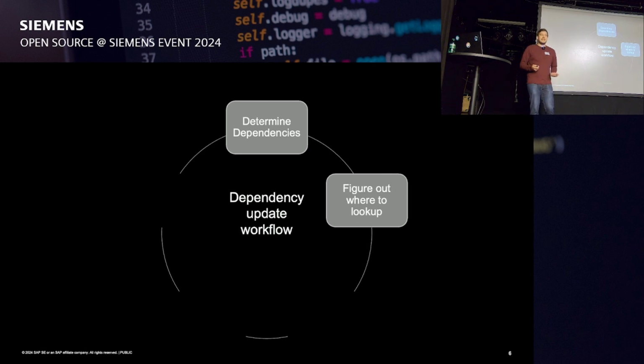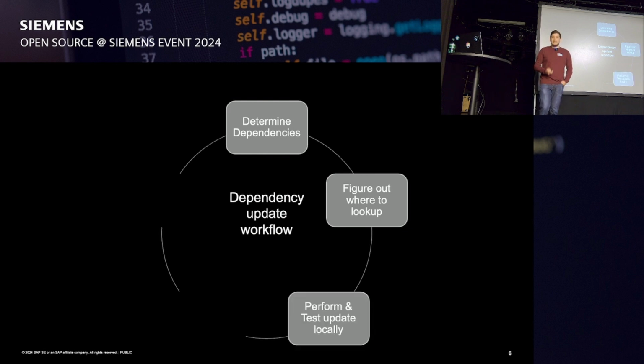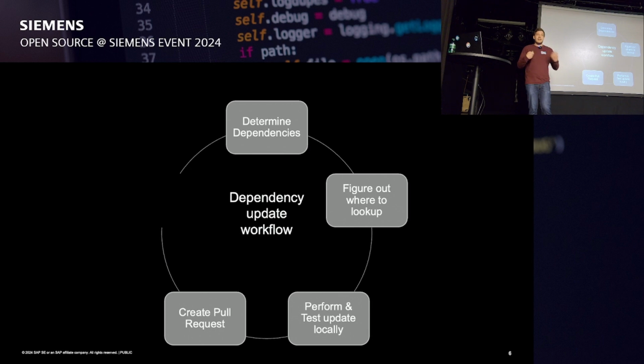But let's say we were able to figure out where to look it up and found out that a new version is available and we want to do an update. As a developer, I then need to go ahead, take my project, clone it down, perform the update locally, maybe run the tests locally beforehand, grab a coffee in the meantime, and after all is run through and it's green, I can finally create my pull request to the project saying, hey, this is a dependency update, I tested it